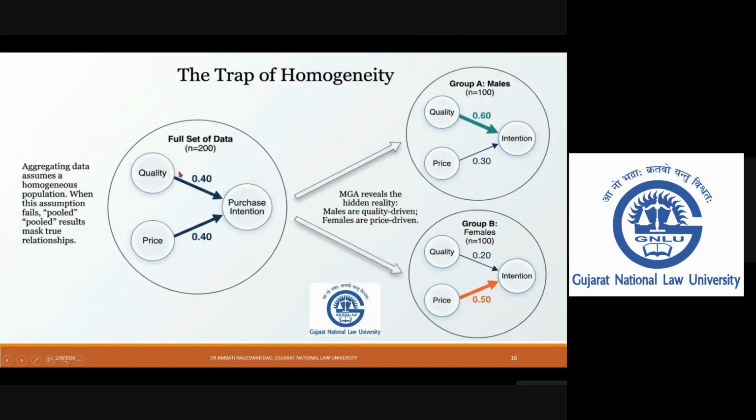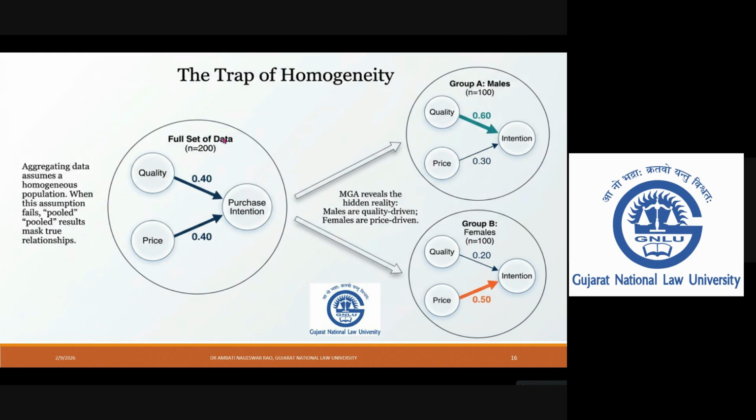So what is the use of multi-group analysis? Let's take, for example, a sample data set. Here we have quality as one variable, price as another variable, and purchase intention. Quality and price, how much are they going to influence the purchasing intention of the customers?